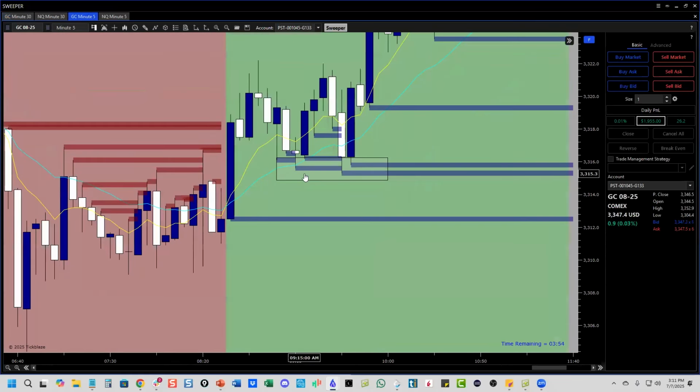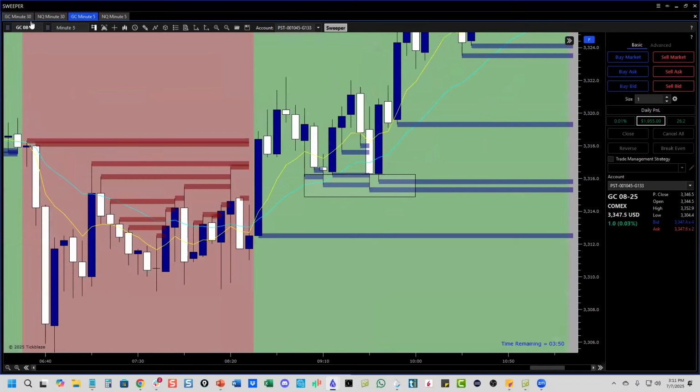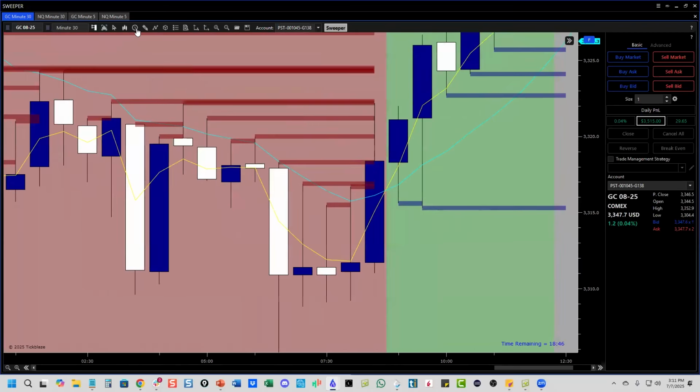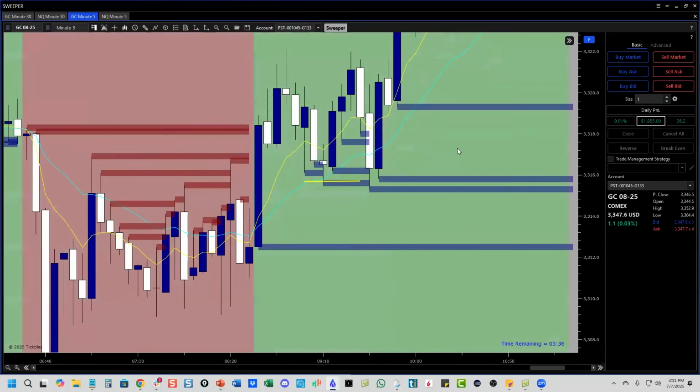So this was the gold, and it swept the, let's just draw. I'm going to draw a line. I like to draw the lines. It's easier to see. That way I can actually see it. I'm going to draw a little line here, make it yellow. From the low to there it is. That's the line. So I just like to be able to see it. There it is. So there's the sweep